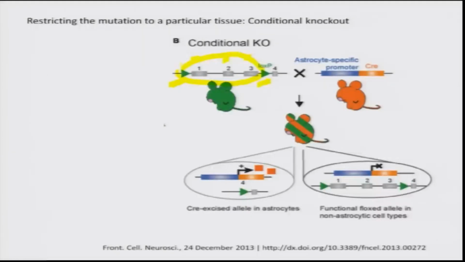So, you have to generate the conditional knockout. First, you create a targeting vector in which you are able to introduce the loxP sites on the region within which you want to delete the gene. For example, here you have added loxP sites in the cassette, and then the procedure is the same. You introduce this inside embryonic stem cells, you go for a positive selection or negative selection and make the animal and so on. But as long as the loxP sites are there in the intronic region, for example,